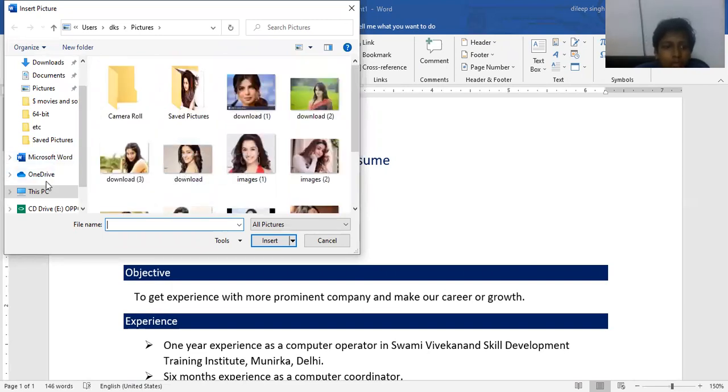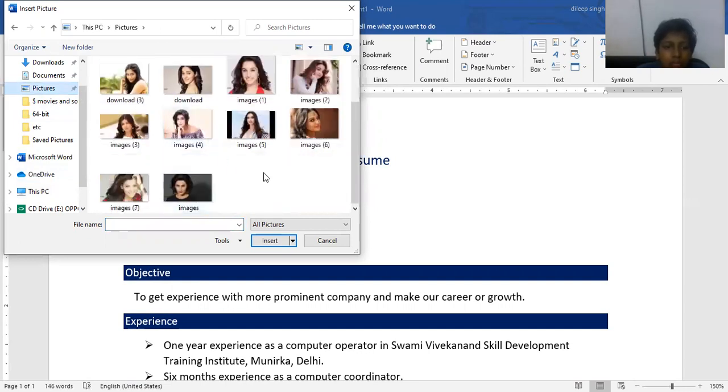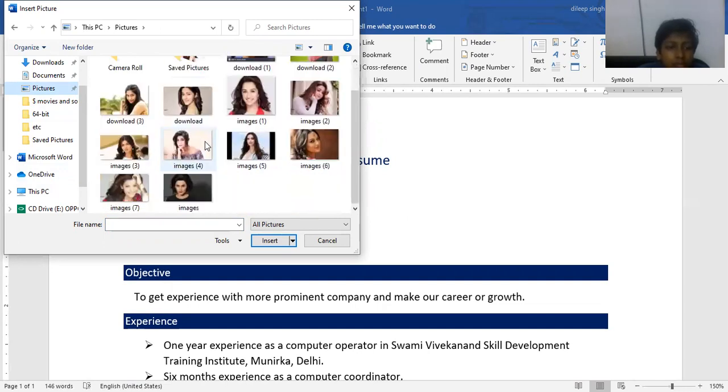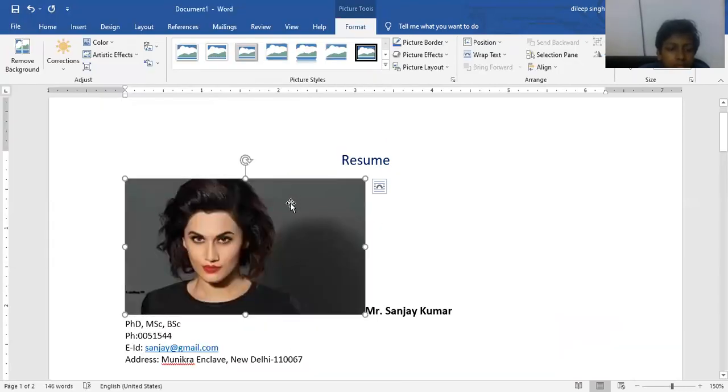Here we add a sample picture like this. Is there any picture? No picture. So I have to select one like this. It's a sample, don't mind. After selecting this, place your cursor on wrap text, and here you hide it.